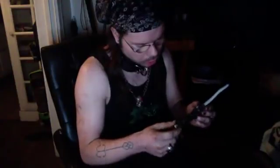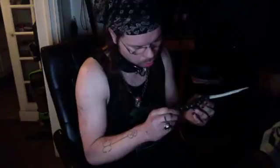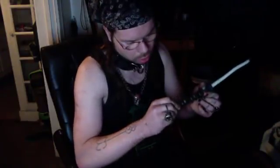Should get the handle done now. Yes. Make sure that handle's on there nice and tight. Give it a twist. You don't want the leather coming off. And by the time it gets to the stage where those other wands are at, it ain't coming off. Unless you take a knife to it or whatever, but